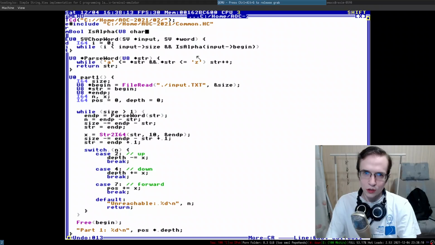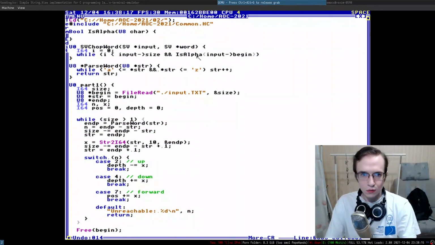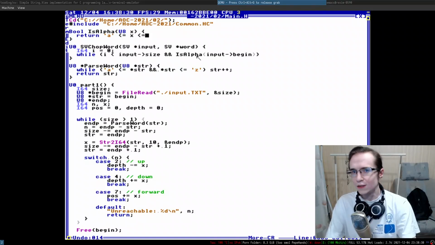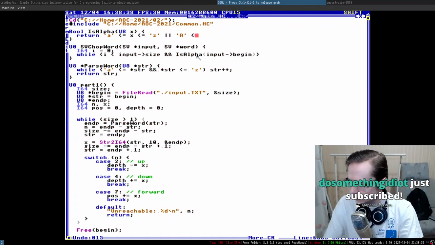Is there something like char? There is no such thing as char. Right, and in our case is alpha is essentially, so you know what, I'm gonna actually call it x. So this is gonna be x, and we're gonna return a less or equal. And I think in HolyC you can even do things like that, right? So you can say this or